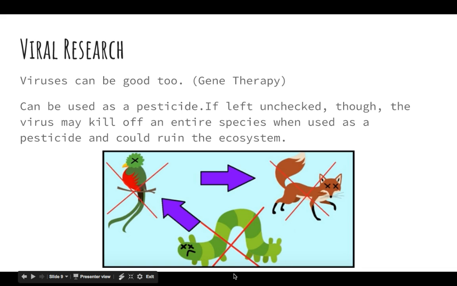So maybe we set out a pesticide that was supposed to kill a worm, so it doesn't eat our bean plants. And that's great and all. It'll get rid of it. But anytime we put any kind of pesticide into a system, if we get rid of the worms, what's the bird going to eat? Well, maybe the birds will die out. And if the birds die out, maybe the fox doesn't have anything to eat. So it could really have some major impact on the ecosystem of that area.